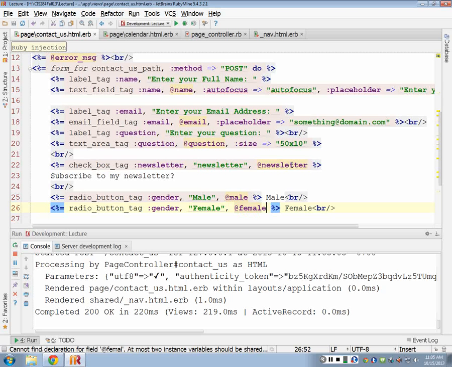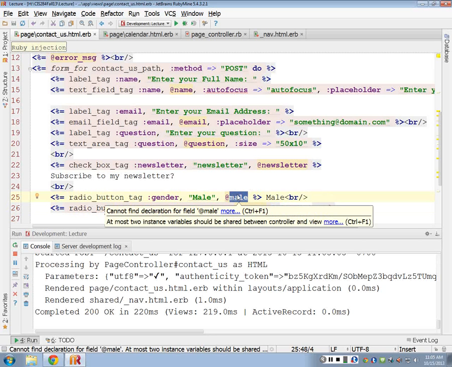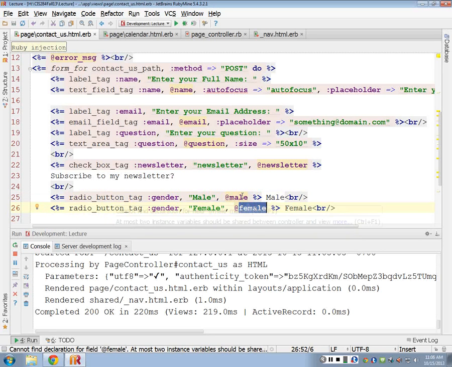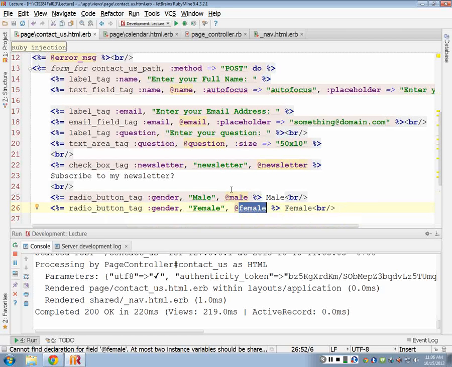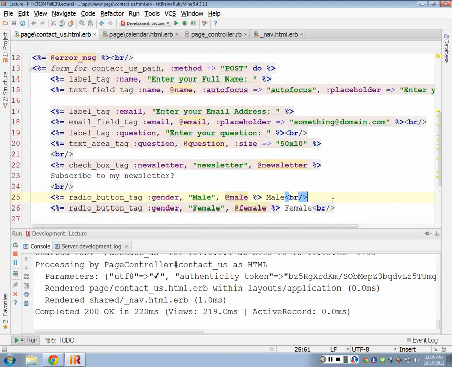Now, the reason I'm using two is that they're two individual options, right, they're two separate ones. So if female is true, this one has got to be false. If male is true, this one has to be false. So I have to set both of these based on the parameter that I get back from the params hash. All right, everybody with me on that? So in my params hash, in my controller,